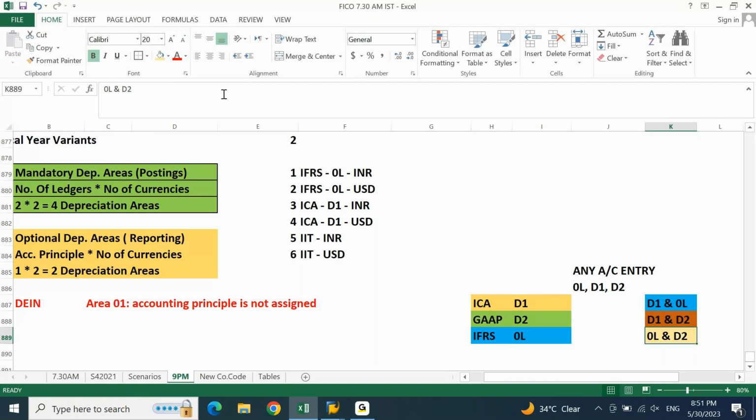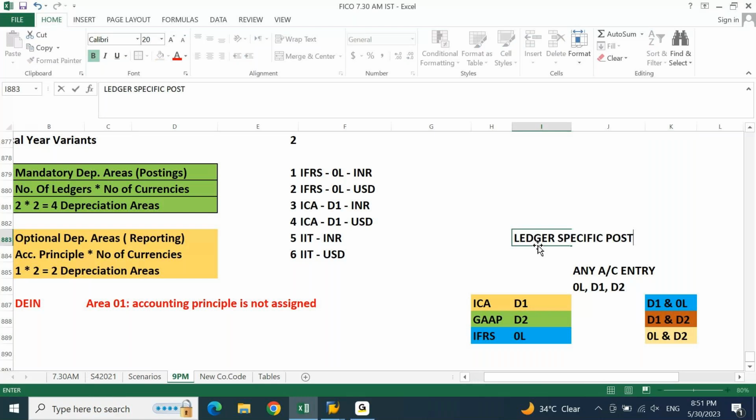Now to have these kinds of requirements, there is no rule that your entry will be posted only to a single ledger. You may be posting an entry to a single ledger, you may be posting to multiple ledgers also. Correct? Now these things you are going to call ledger specific postings. This is called ledger specific posting.